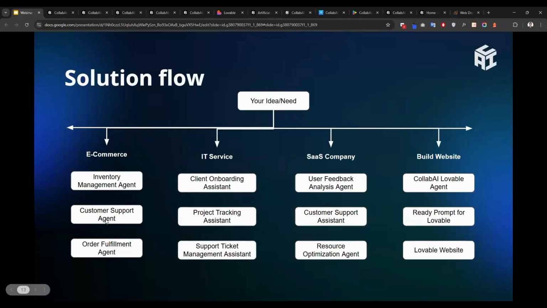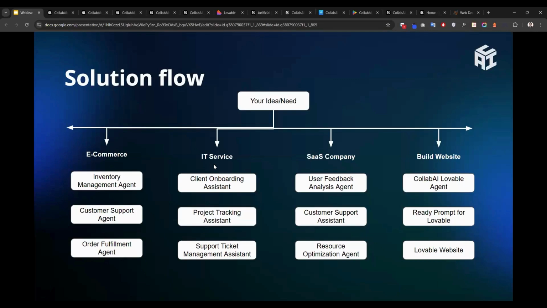You get the orders, and you have to deliver them to your customers. But with us, all of these are automated, so you can save your time, effort, and money. Our inventory management tool will manage your inventory, our customer support agent will give you full customer service, and our order fulfillment agent works with full automation.